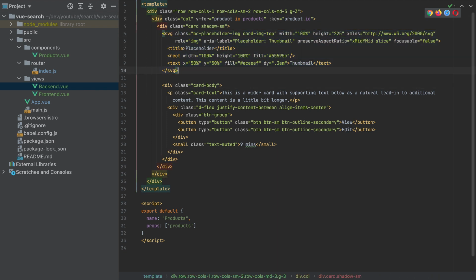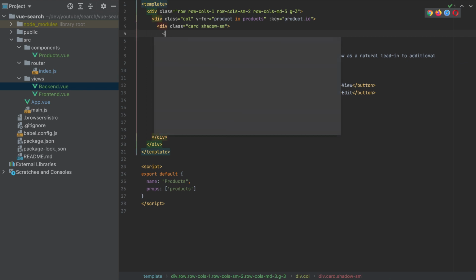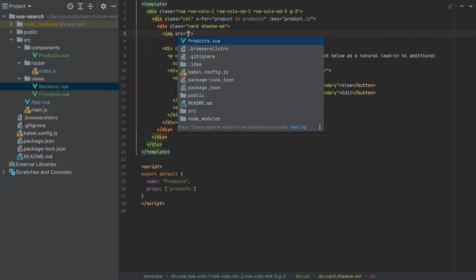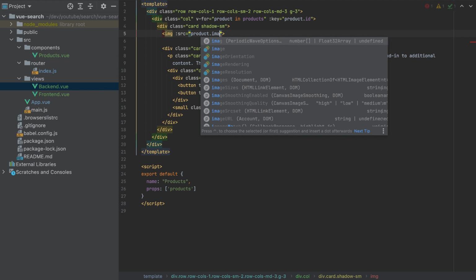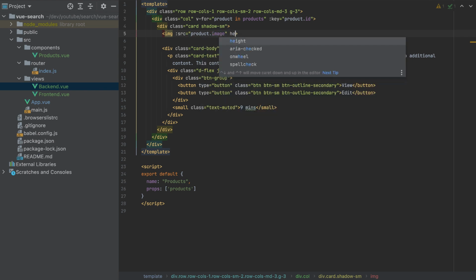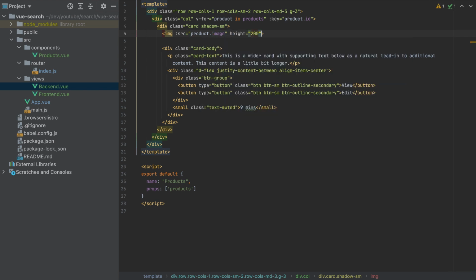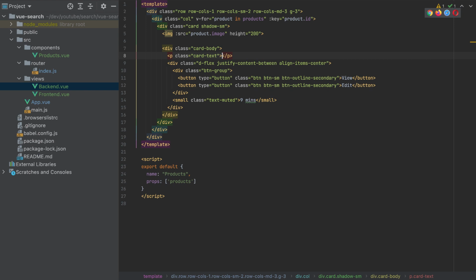I will add in this SVG here an image. With the source, I will add a colon here to add the product image. And we need a height, which is 200. So I added an image here. Also, this is a title. So I will add here